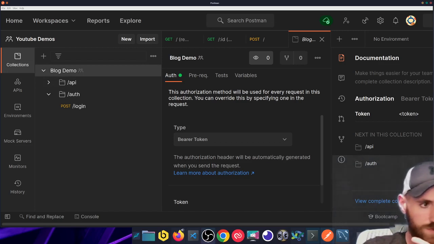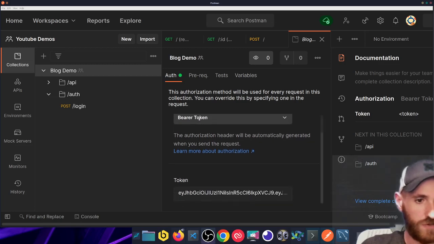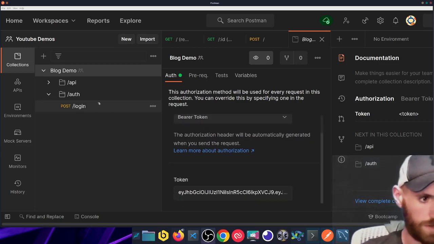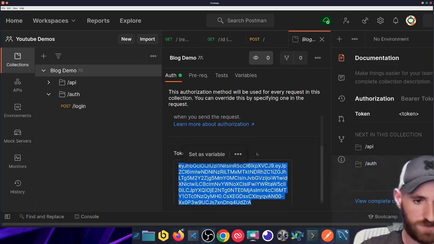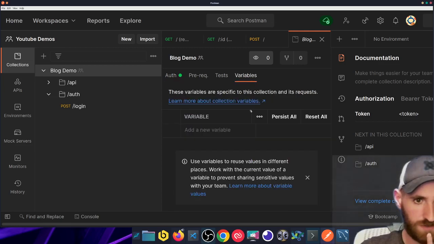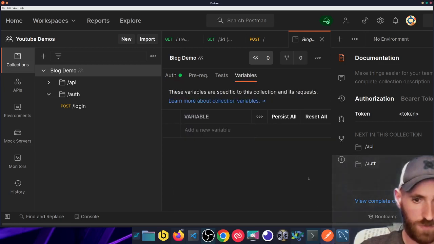Okay, so what we'll do here is, all we have to do is log back in, and we paste this token here once, and it's set for everything. But still, it's a little annoying to have to do that. So we can make this a little more automated. We can set,